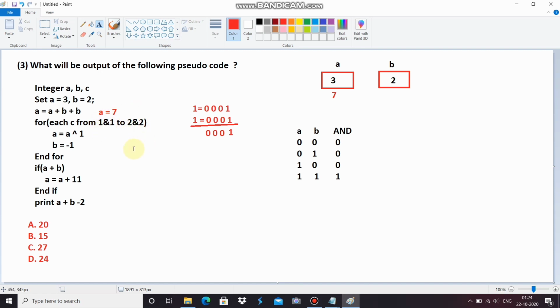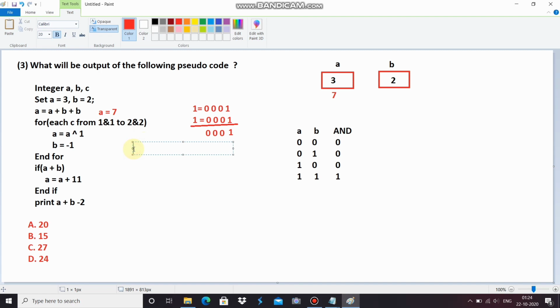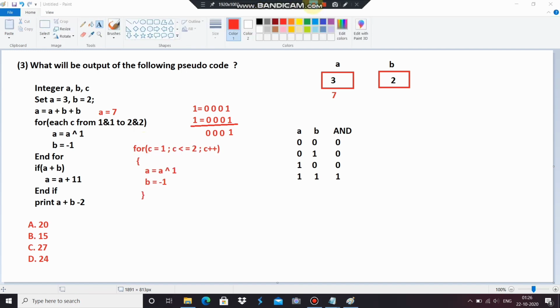Here we can also write the for loop. This for loop we can write like this also.